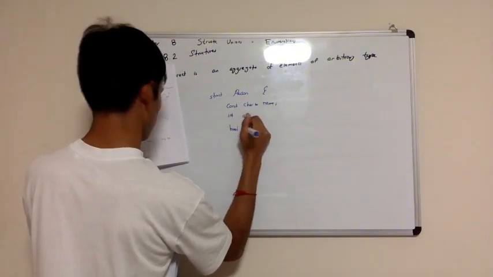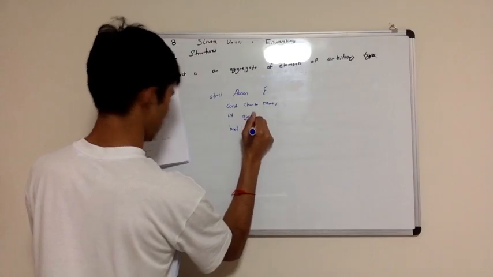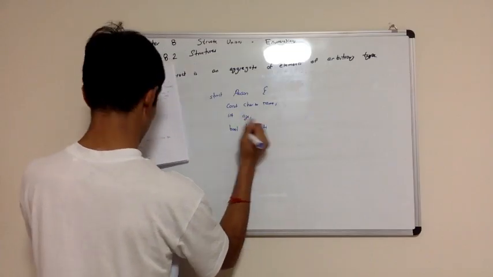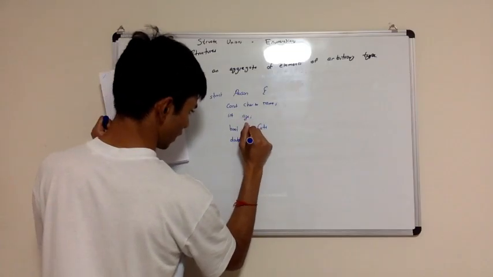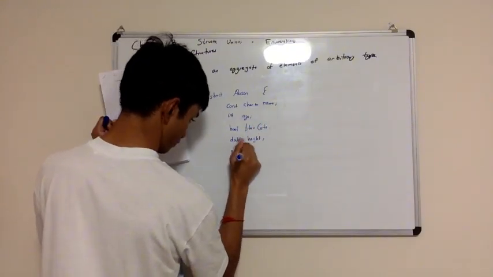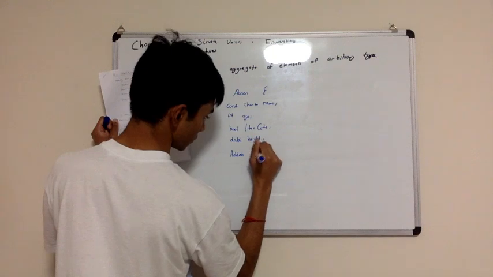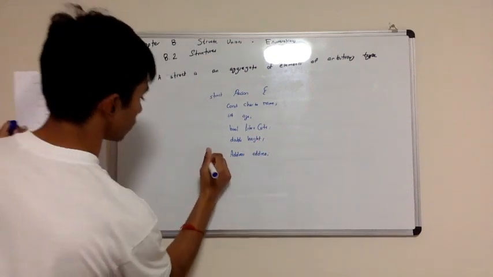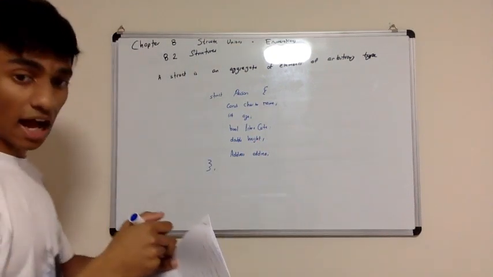Bool likes cats, and double height. I have one more, which is address, and then my address. Okay, so just to break down what we're seeing here, I have created a struct called